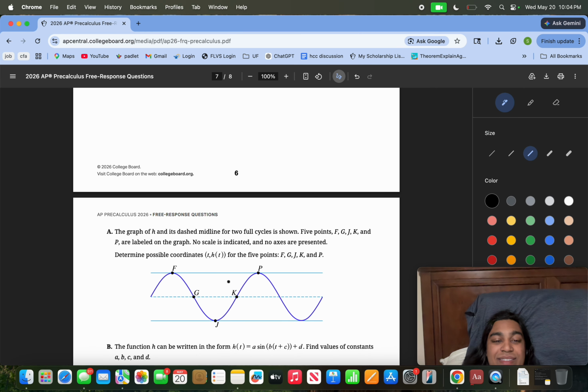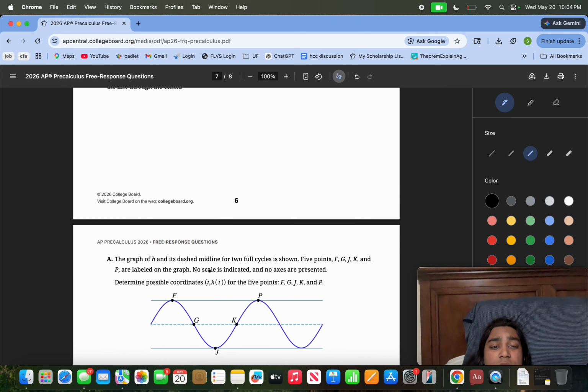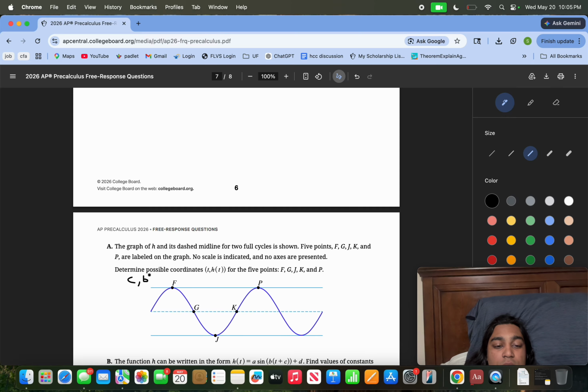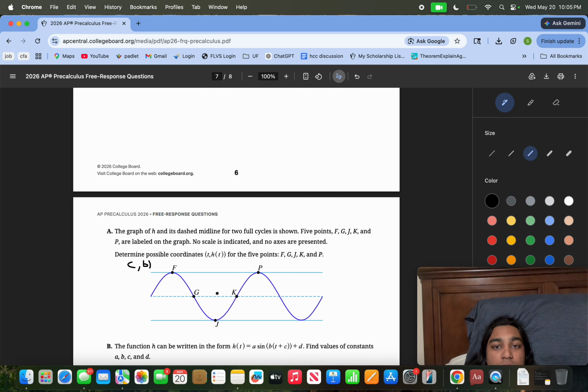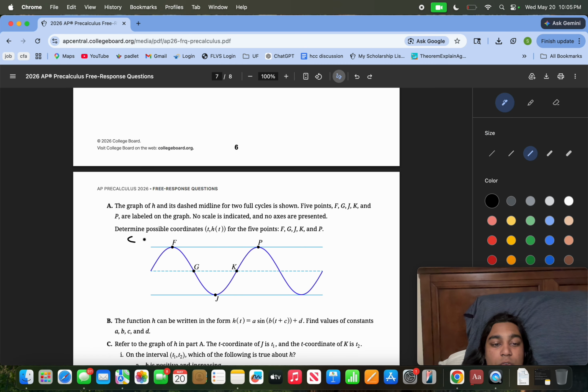Make me a graph. They ask this every time. So what we need is the x value and the y value. The y values are pretty easy to do. We know that at the top it's going to be a 6. So it's going to be something, comma, 6. Over here it's going to be something, comma, 0 because it's in that center line. Over here it's going to be something, comma,